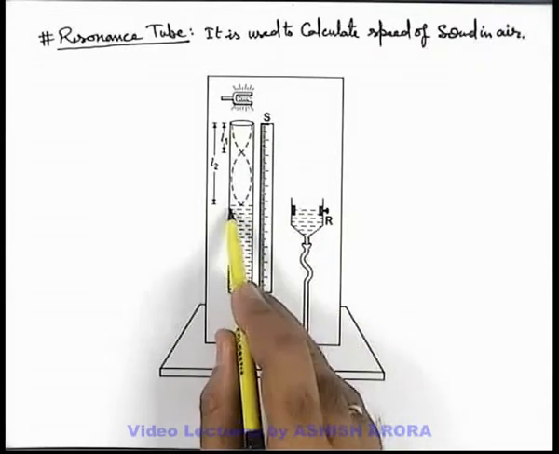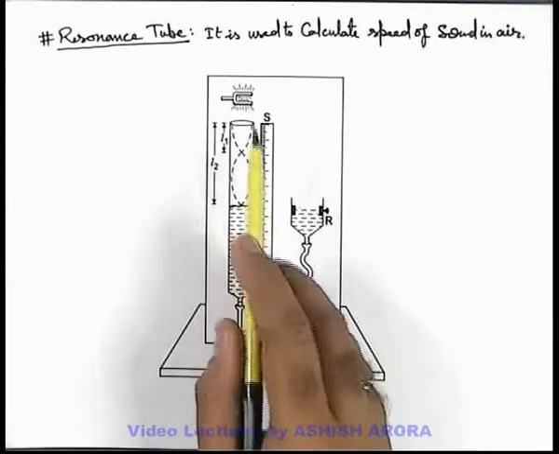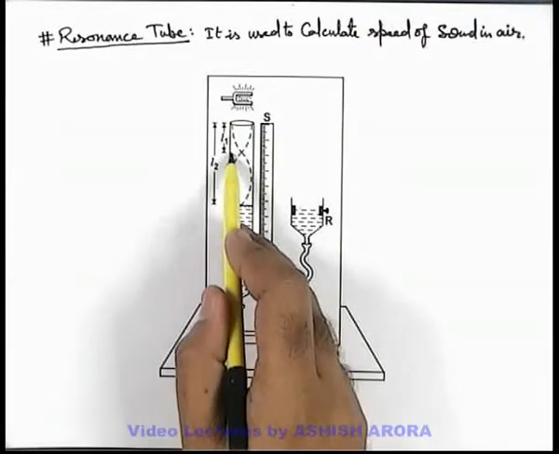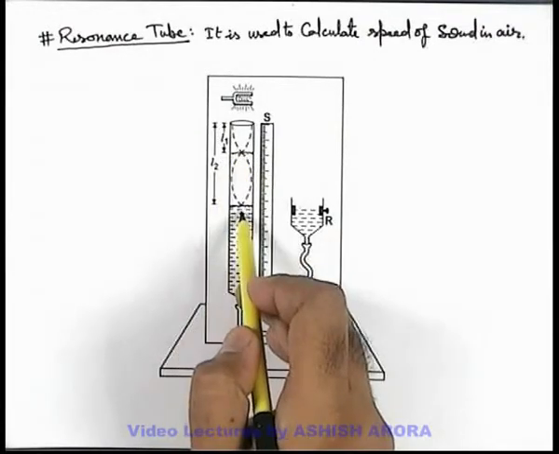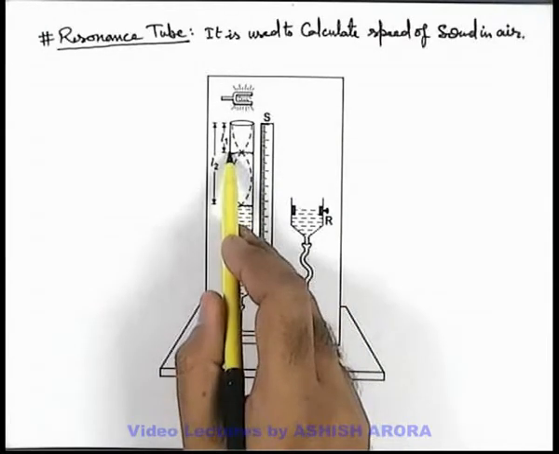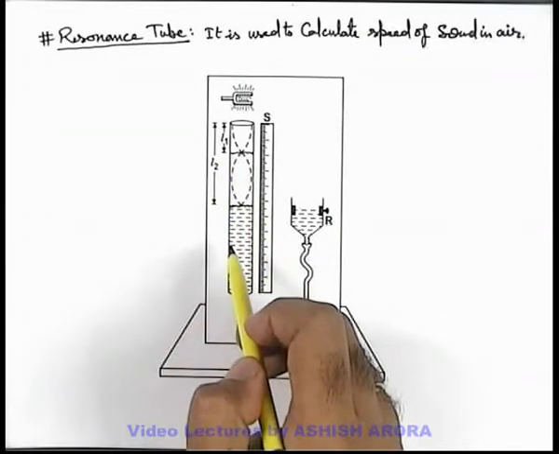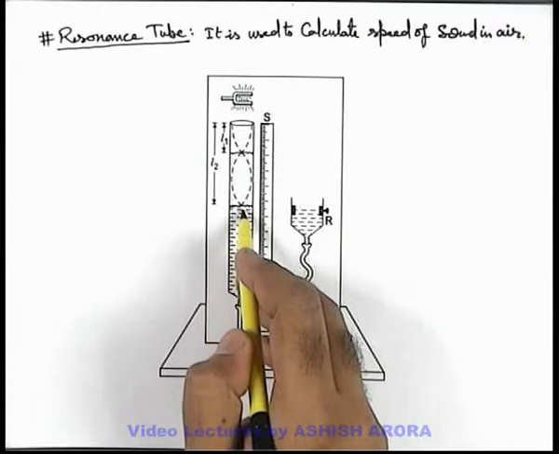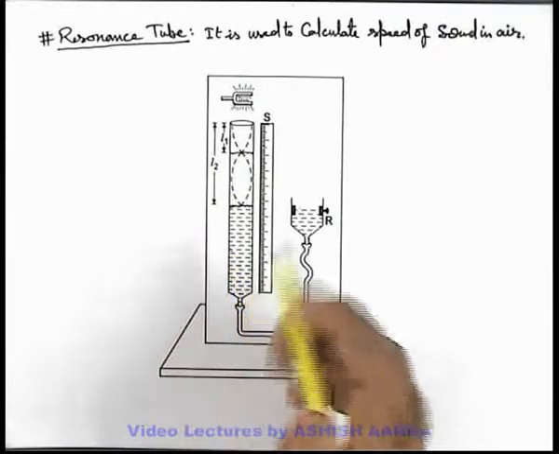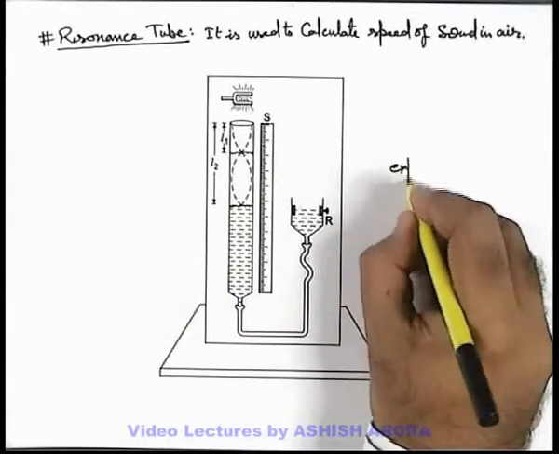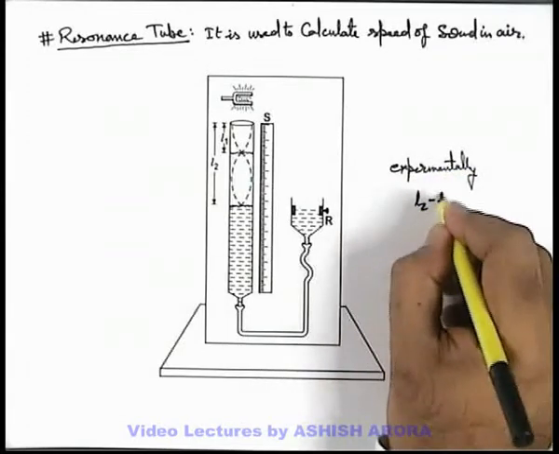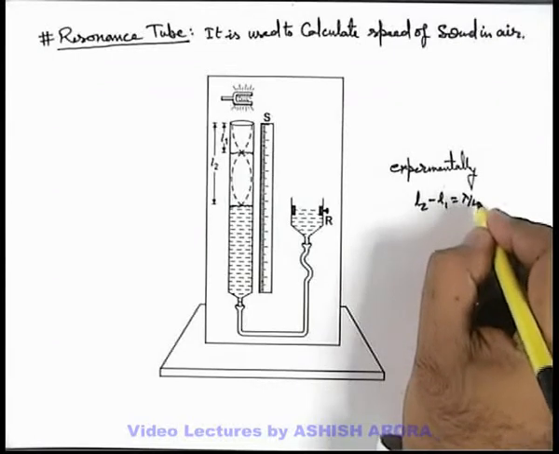As again resonating situation occurs when, at open end antinode is there and at closed end next node will be obtained. That means the water level is further reduced by 1 loop length. Thus situation is similar to that of a sonometer experiment, in which the clamps are displaced for next resonating length. Here water level is lowered down for next resonating length. So here we can say if L2 is the next resonating length, here we can see experimentally L2 minus L1 will be lambda by 2.